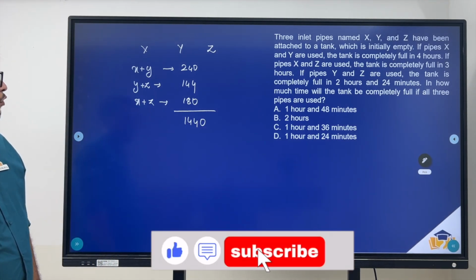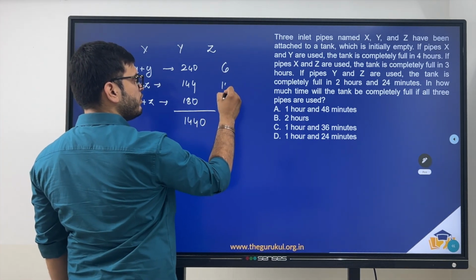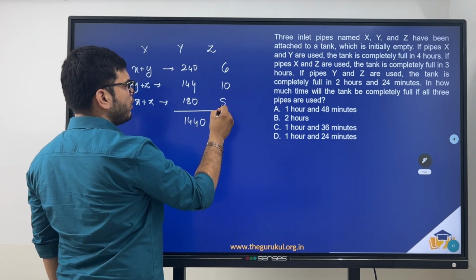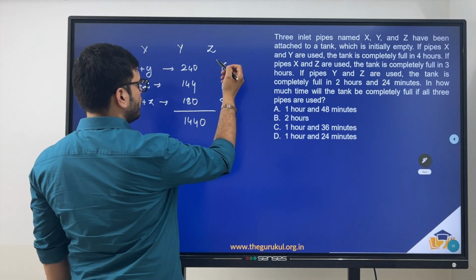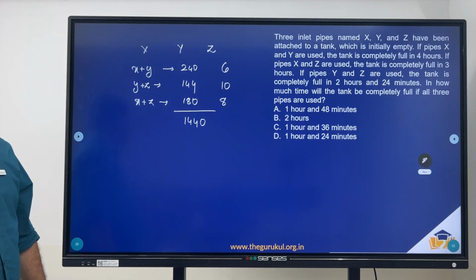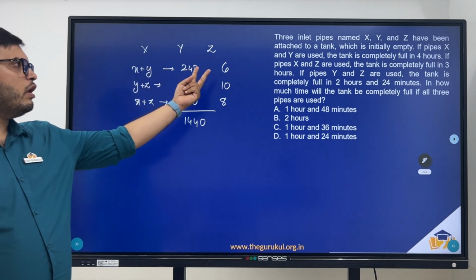So what is 1440 divided by 240? 6. Let the volume of the tank be 1440, then X and Y together will be